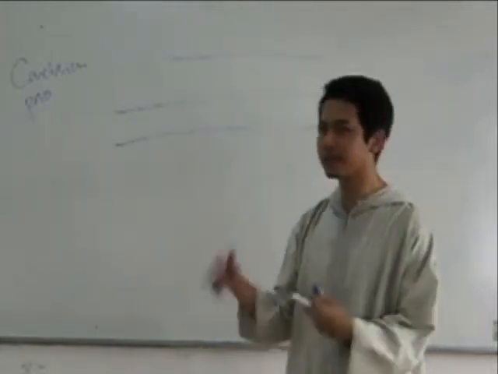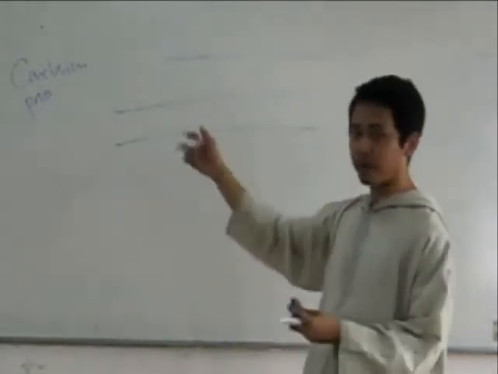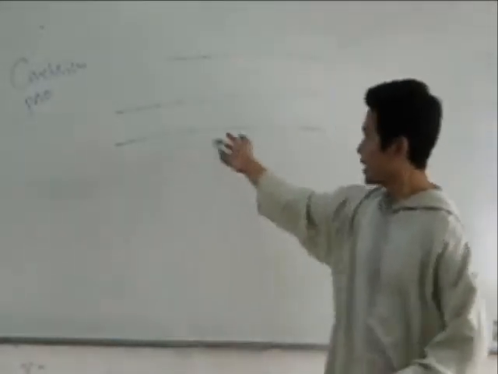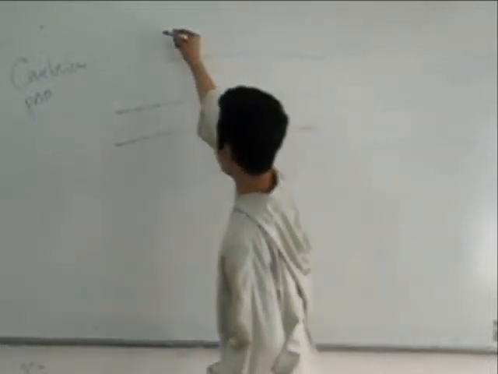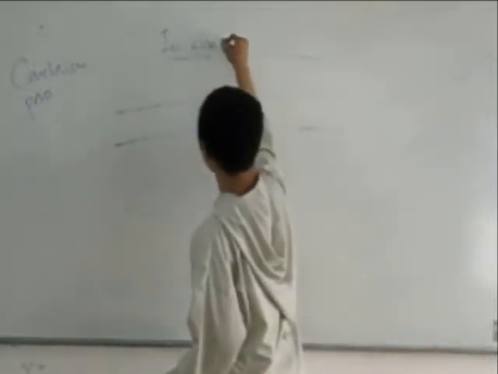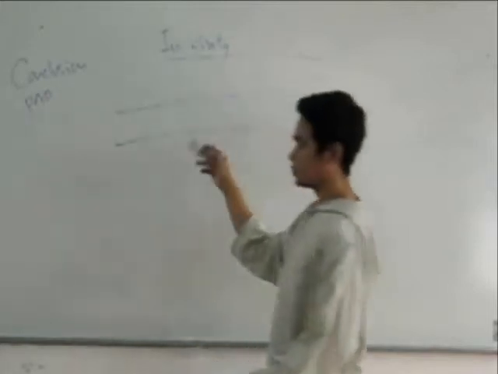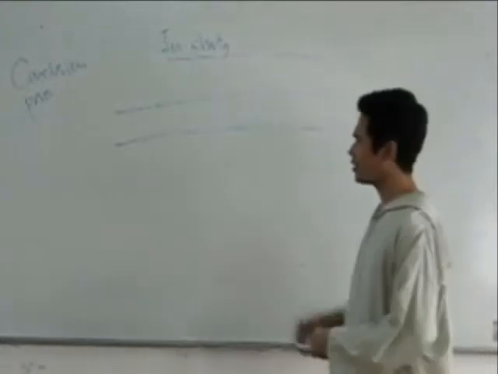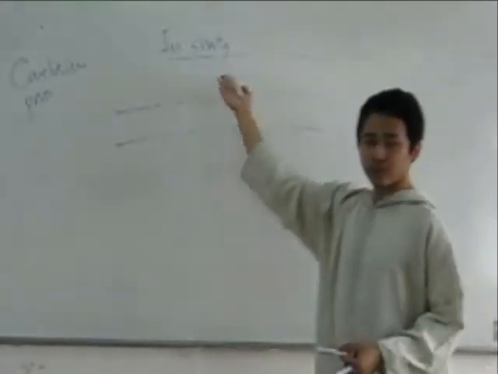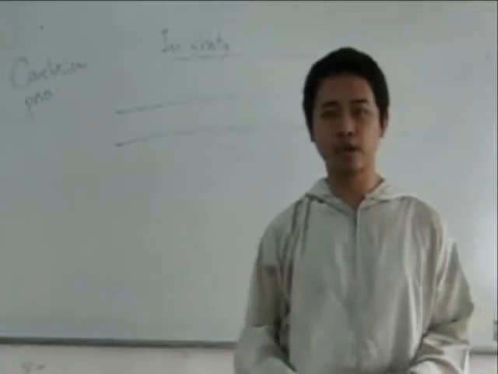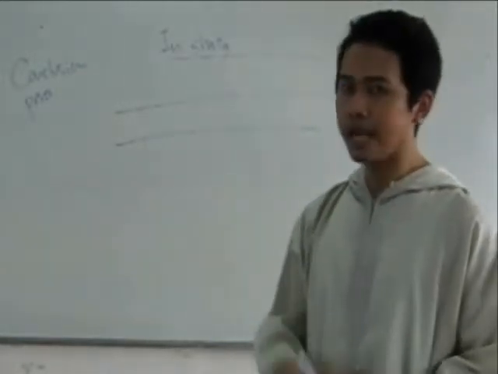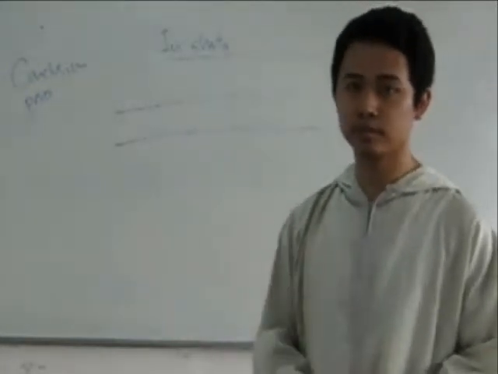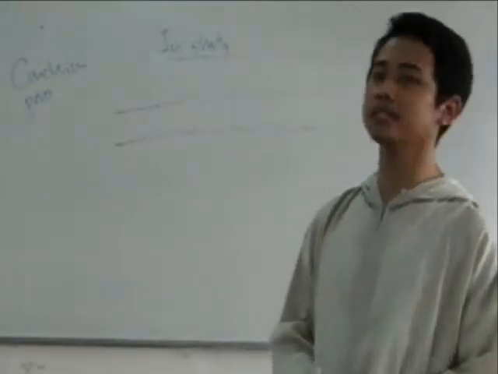Something like in body paragraphs we have firstly, secondly, and thirdly, if you have three main points. But here, you're supposed to put "In short," with a comma, and then you start writing your conclusion paragraph. Or you can also write other words like "in a nutshell," "in conclusion," "to conclude," that kind of sequence words.